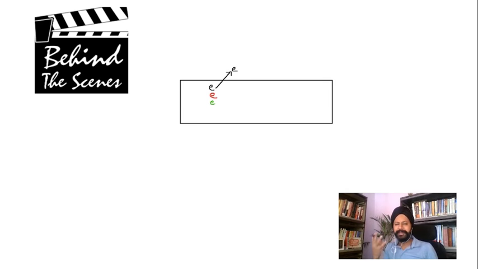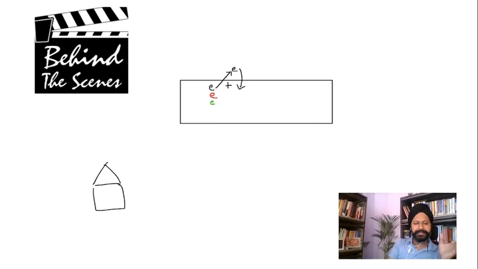But that is a very brief kind of free space it has received, because as it comes out, this metal becomes positively charged. It pulls the electron back. It's more like a dog on a leash. So you can visualize it like this: there's a dog on a leash.